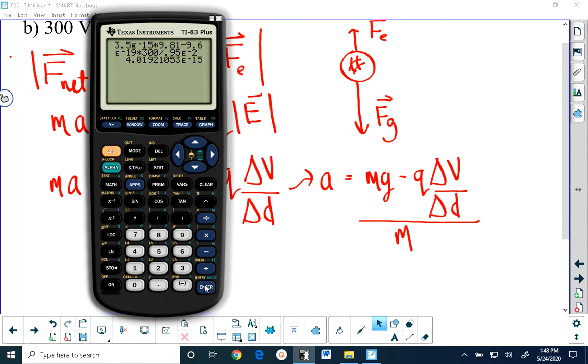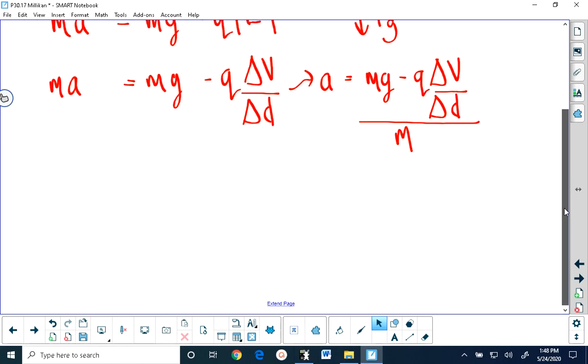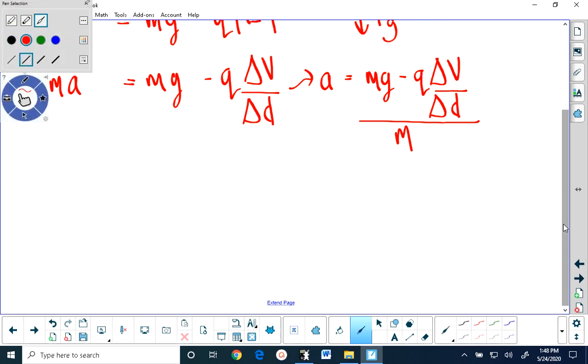So what I've got on my calculator screen right now is the net force. If I divide that by the mass, I get 1.15 meters per second squared. So the acceleration is 1.15. The units are meters per second squared. The direction is down